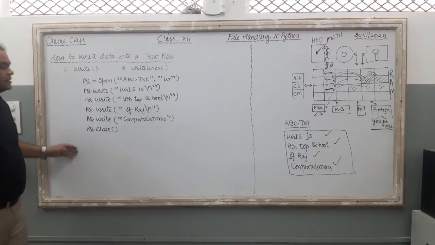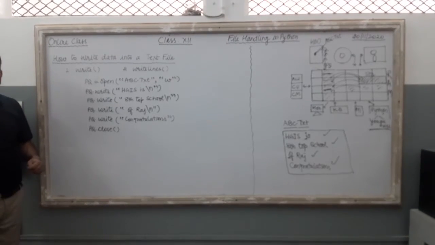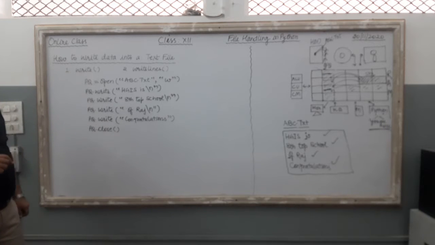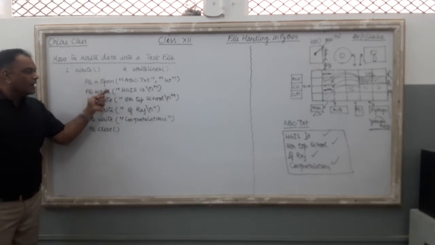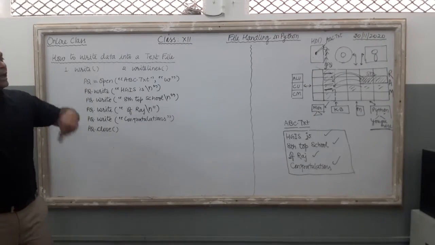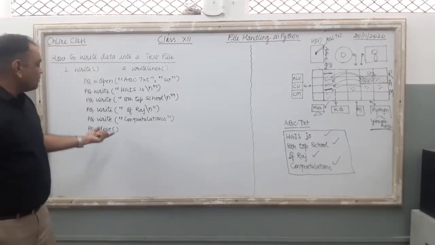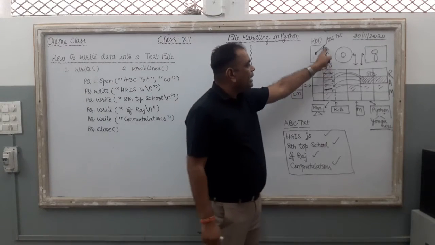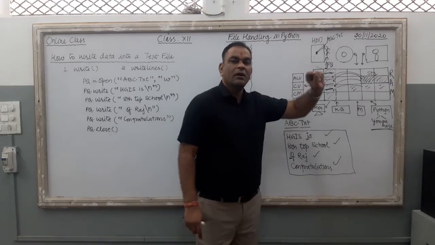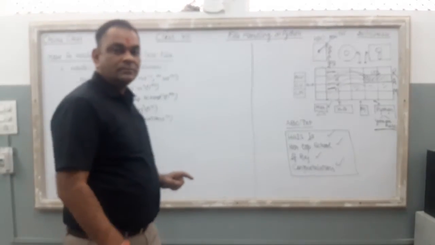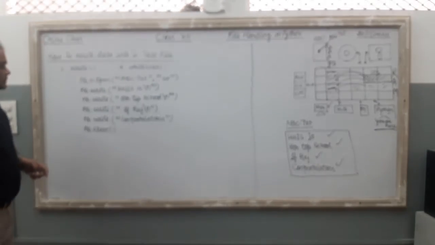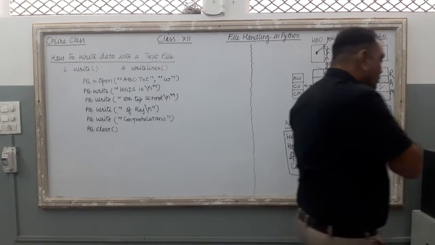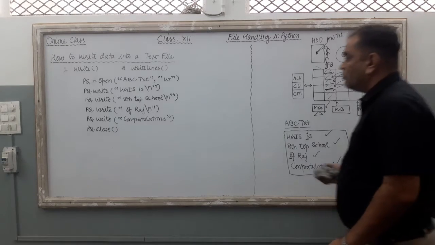So this is the process by which we can write the data, right? Here 2 important things are there. Write is the default library function of Python. With the help of write, you can write the data in string format into your file object, and then when you supply the close command, your data that is there inside the file object is going to be stored in your computer's hard disk, in your file that is there in your computer's hard disk. Clear? Any doubt? Right.